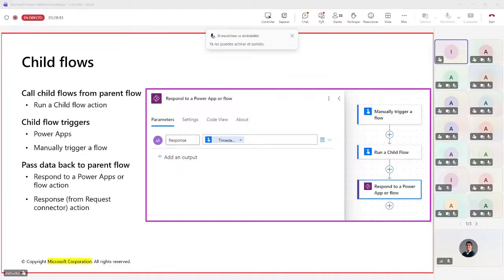They are the ones which you can easily create nested within your parent flow. So you can use these child flows to easily manage your flow, avoiding flows with hundreds